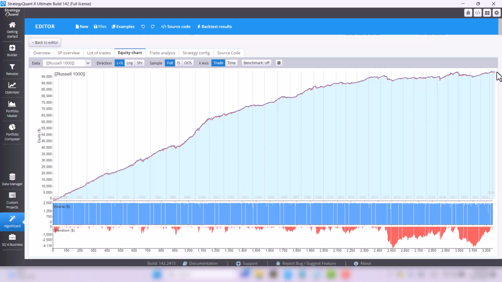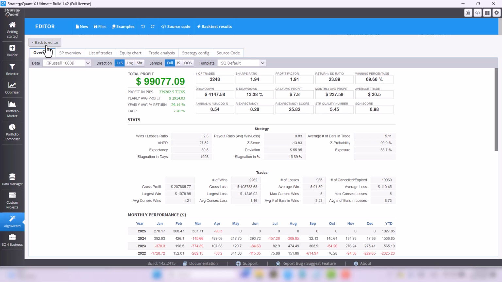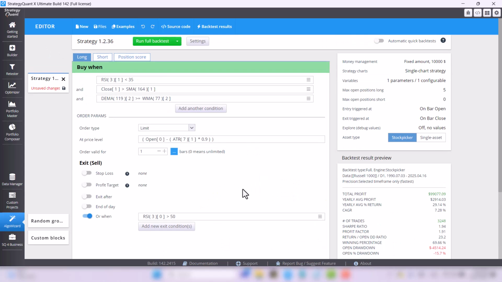Later, when you test more of those strategies for robustness, you will find that some strategies work well even on Russell 1000, 2000 or 3000, on all of these three stock groups, which of course is a great advantage, and I would certainly prefer such a strategy over a strategy that doesn't work so well on all those indexes.